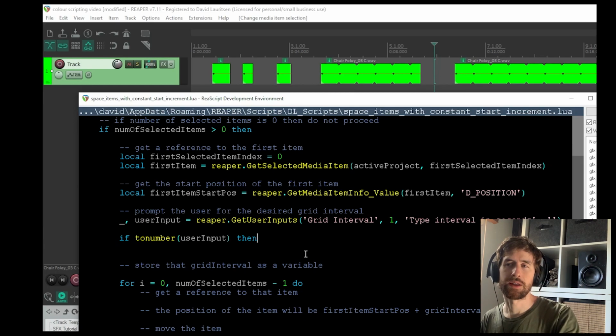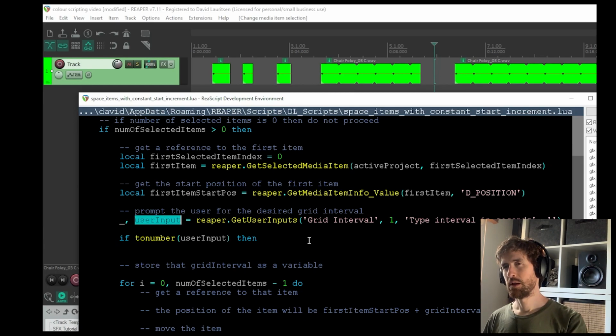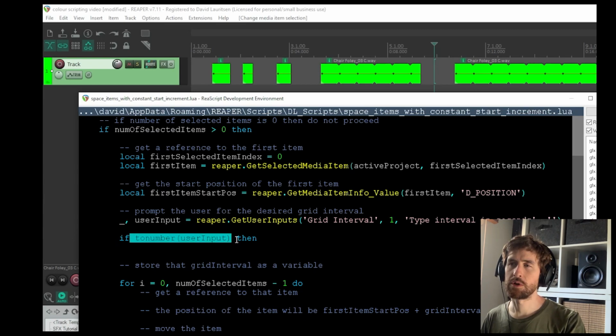So what I mean by that is if the user types F, user input here will be a single character string with the letter F. And then when you try and do the toNumber on it, toNumber will return a nil value,